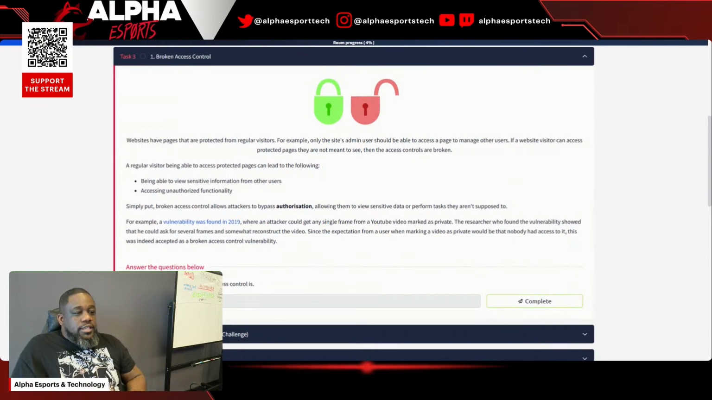They gave an example about a vulnerability that was found in 2009, where an attacker could get any